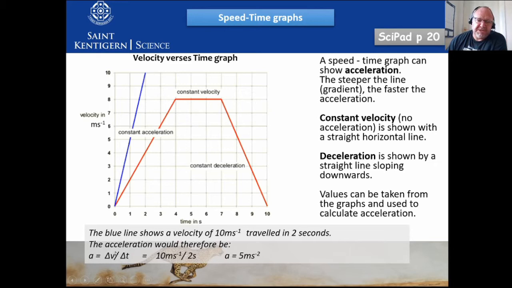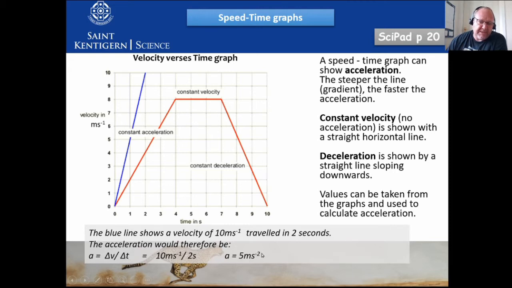Change in speed over change in time. In this case, when we look at the blue line, they go from 0 meters per second to 10 meters per second, and it takes them 2 seconds. So what is my change in velocity? It goes from 10 minus 0, so that gives us 10, and our change in time is 2 minus 0, which gives us 2. So we have 10 meters a second divided by 2 seconds,